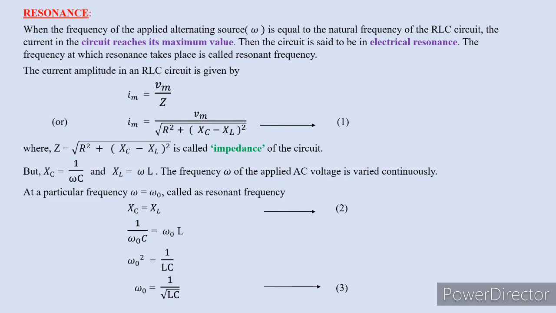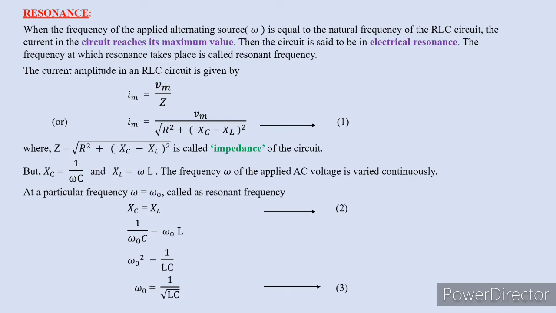Now we are going to discuss resonance taking place in a series LCR circuit. Before that, let us try to recall what we studied about resonance in class 11. We have studied already that when the frequency of the applied periodic force is equal to the natural frequency of any system, then the amplitude of oscillation of the system will be maximum. And in the same way, here, what is going to happen during resonance?